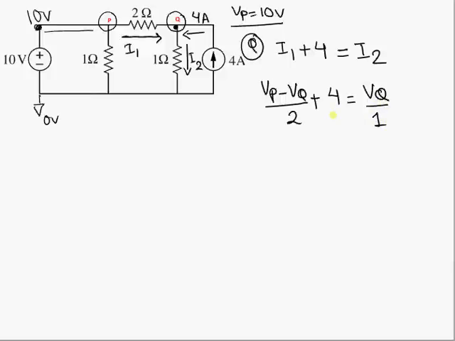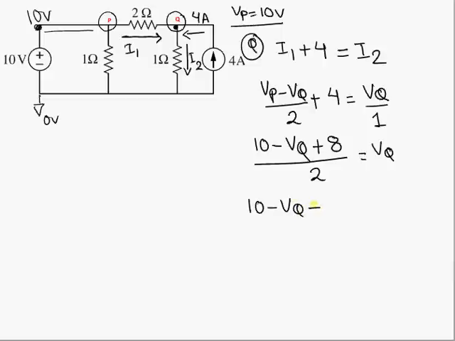Now if I solve this, I get Vp is 10, so (10 minus Vq plus 8), this whole thing divided by 2, is equal to Vq. Now let's multiply 2 on both sides, so we get 10 minus Vq plus 8